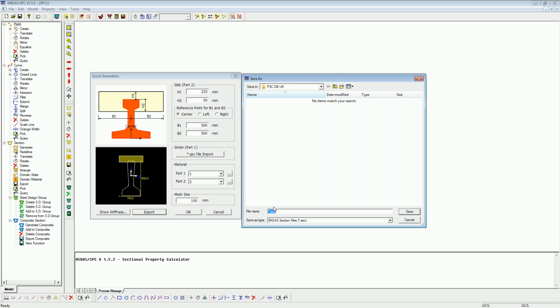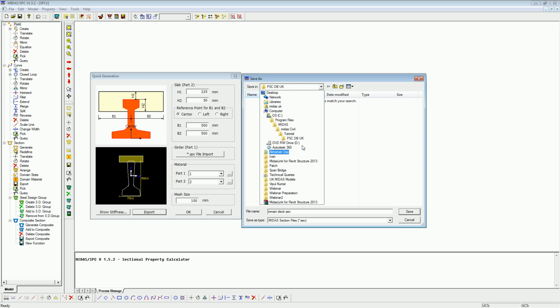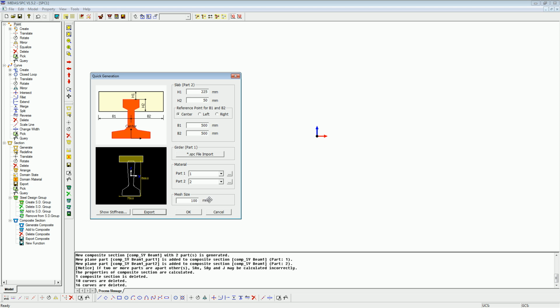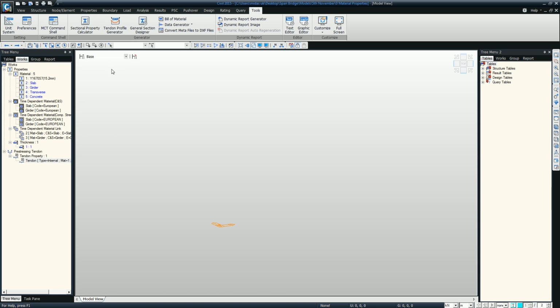Okay, so I can save this now as any name, let's say main deck, and let me save it into here. Okay, now moving back to Midas Civil itself, I can just go on to Properties,